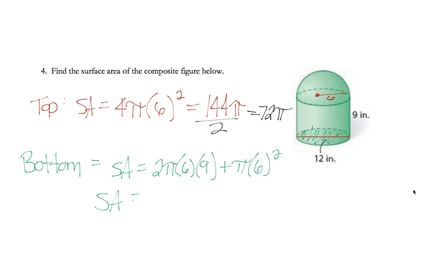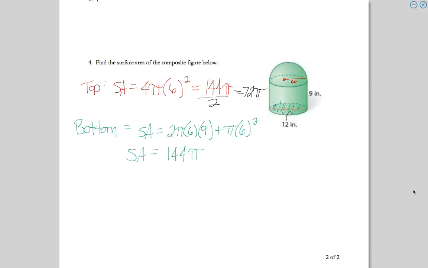That comes out to be 144 pi. And yes, that is a coincidence that it was the same as above. So we're going to add the two together. 72 pi plus 144 pi